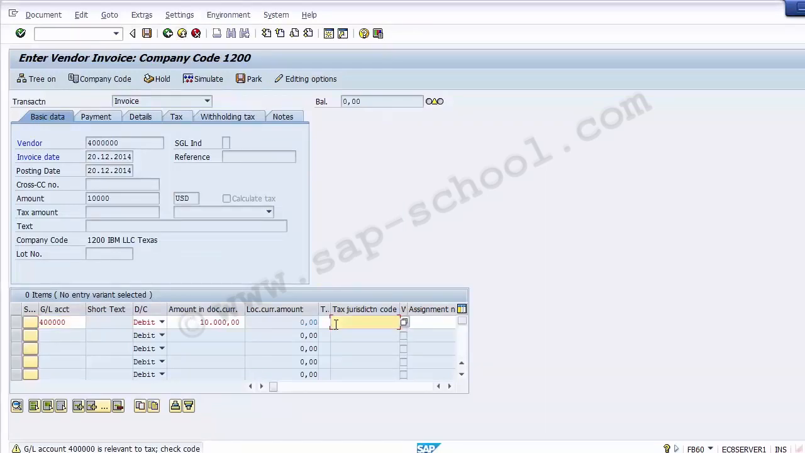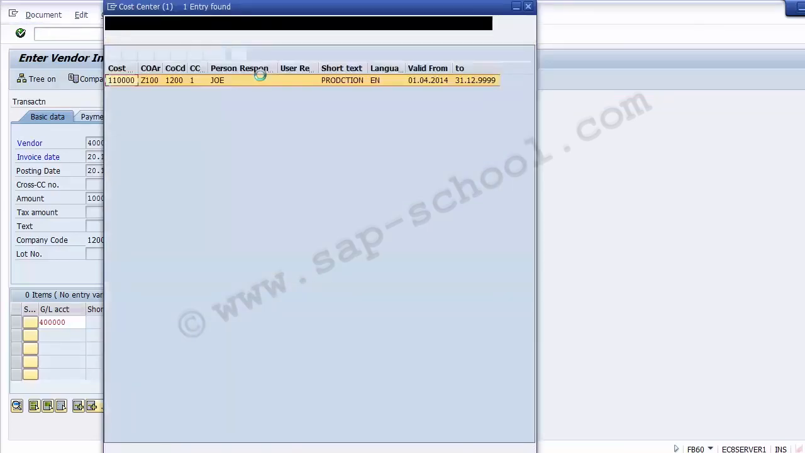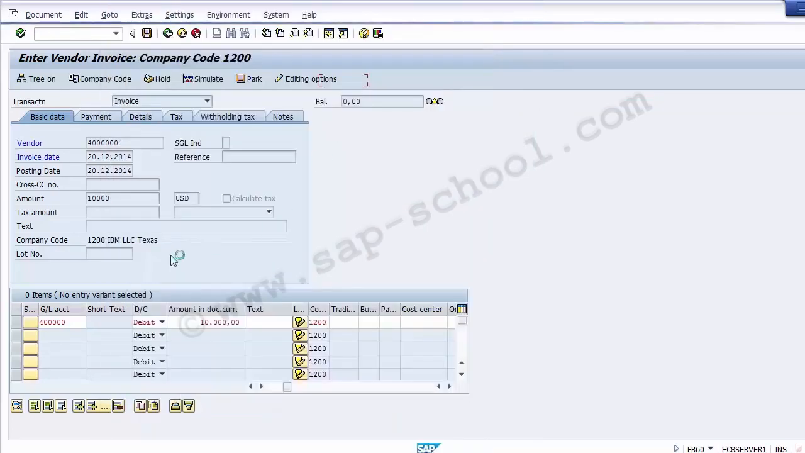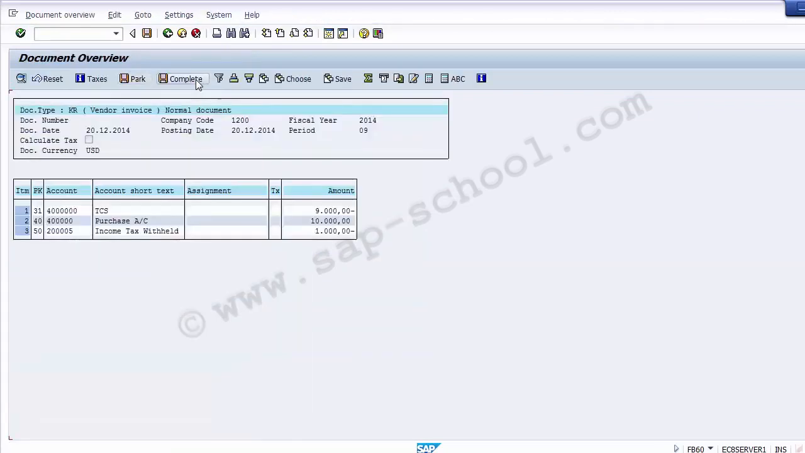Now in this again we need to go to the cost centers and we need to assign a cost center. So in this you need to assign the cost center over here again. So the cost center is again the same, production. I have assigned the cost center now over here, and then we can move on to simulate the transaction. Enter. Simulate. So you can see the entry has been simulated and then TDS has also been deducted